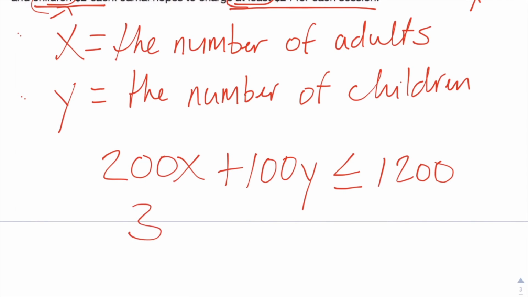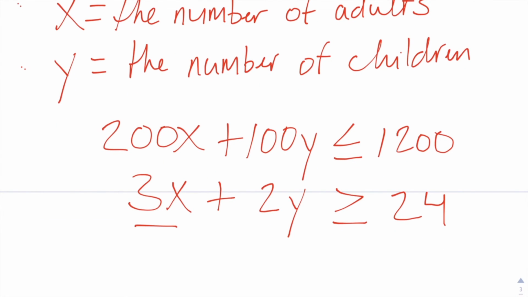So $3 per adult plus $2 per child. And he hopes to make at least $24 each session. At least. So we're going to put $24 here. At least would be greater than or equal to. Now, why is the sign different? Because